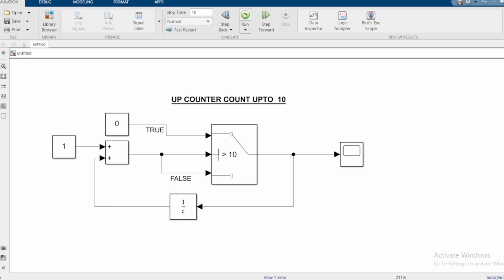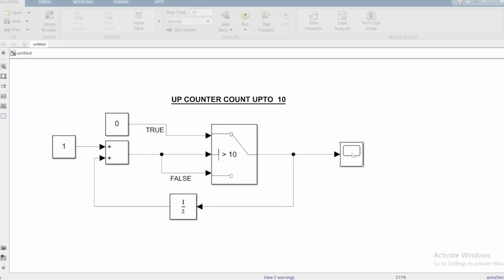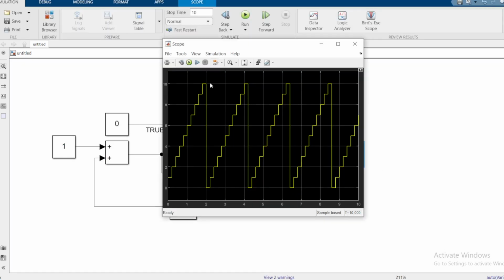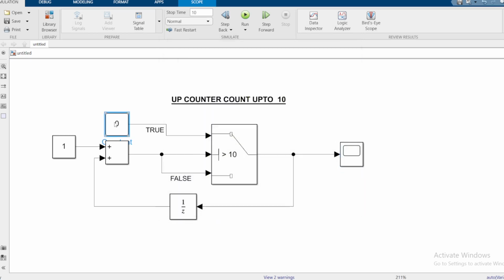If you now run and go to the scope, you will see that I'm incrementing. I'm starting from 1 to 10. It goes from 0 to 10. Why does it go to 0 here? Because it is using this 0 here. If I want this to start from 1, I have to change this to 1. If I put this one as 1 also,